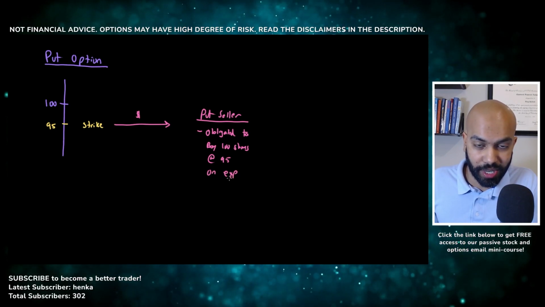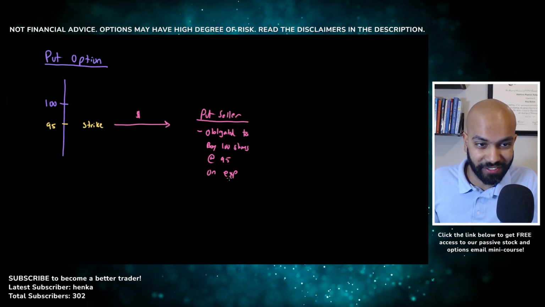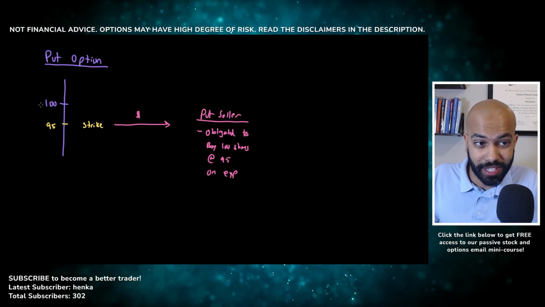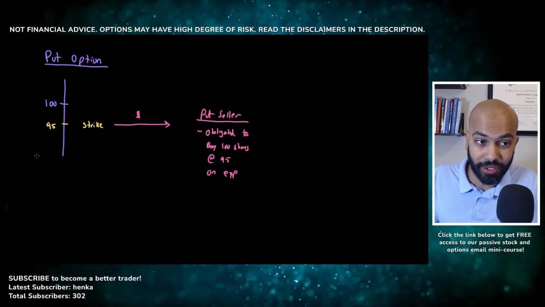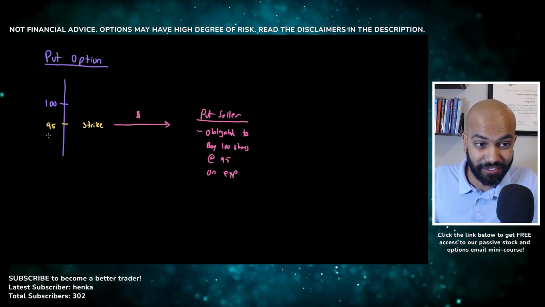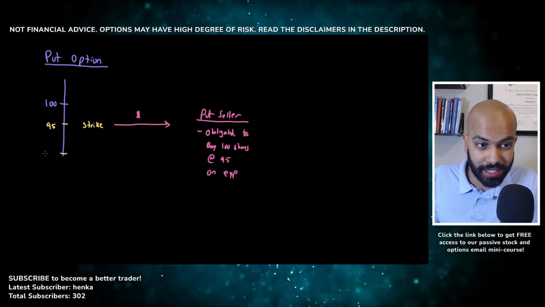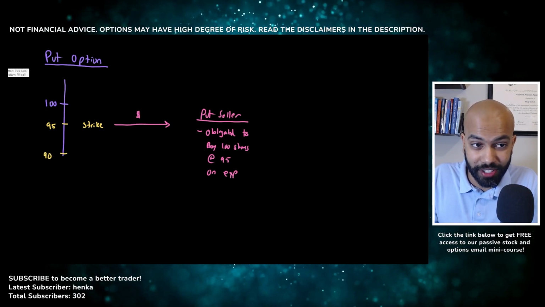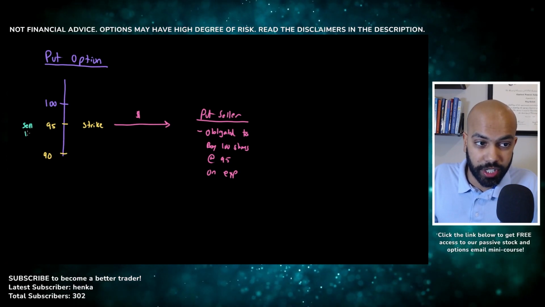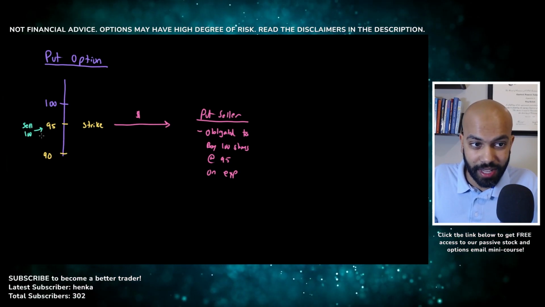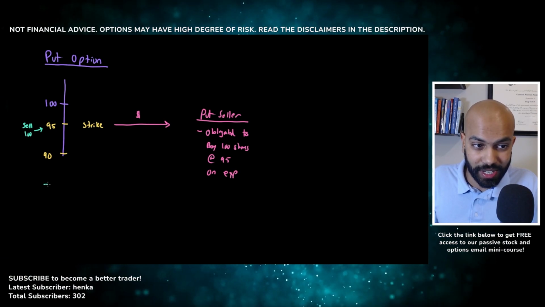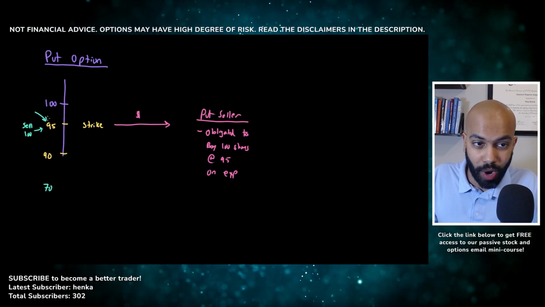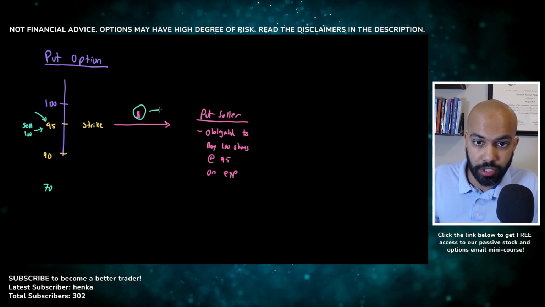So I know you're probably really confused. I'm already confused, and I promise it'll make sense, especially when I go through the analogy. So right now, the stock is trading at $100. You think it's going to go down. So you buy a put option at $95. Let's say in 60 days, the stock is trading at $90. Because you paid a premium to the put seller, you actually have the right to sell 100 shares at $95. So the price could be at $90 or even $70, and you still have the right to sell it at $95. Why? Because you paid a premium to the put seller.